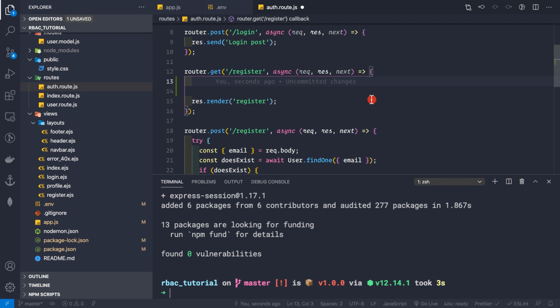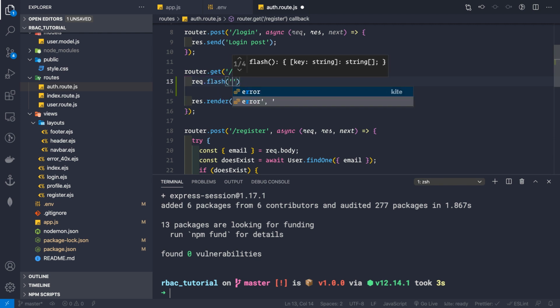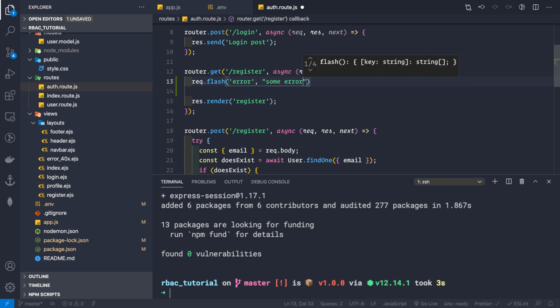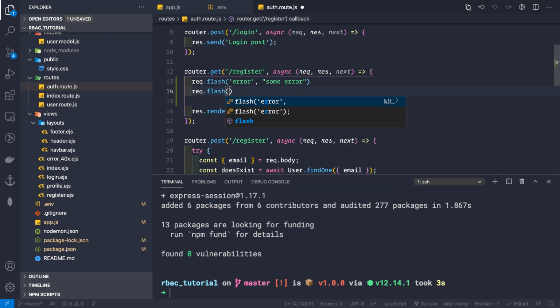If we want to create a flash message, we can simply say request.flash, like this, and here we need to provide the type of the message and the value of the message. This type of the message can be any name. It need not be error only. It can be danger, whatever you like. So let me provide an error here. And the message would be some error occurred, and we can have many other flash messages. So request.flash, and this time let me keep the key to be key only, and the value should be some value, like this.